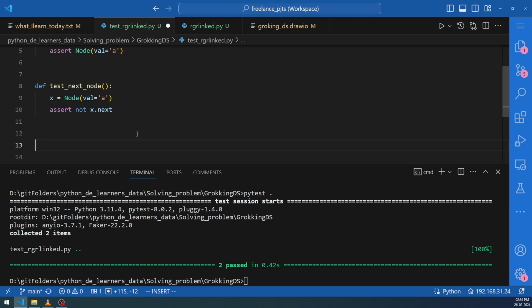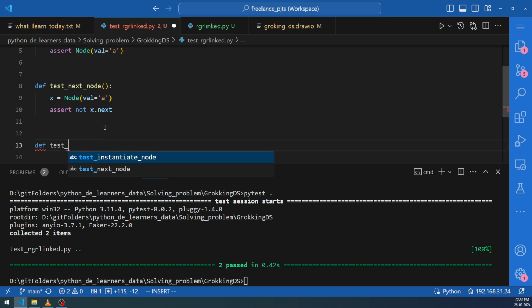Next, what we are going to do is try and get the print output of this particular node. So we are going to try and print this node, and we need to capture that output and test it. When we print the node, for an example, the output should be simply the character A. We don't want any other output. We don't want the object memory, etc. We don't want that. We just want that value A. So we are going to say test print